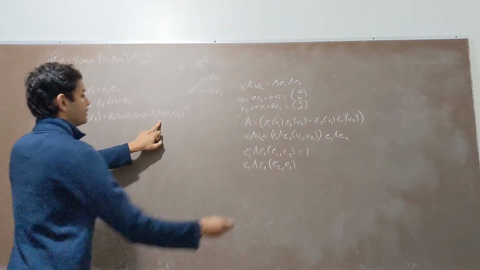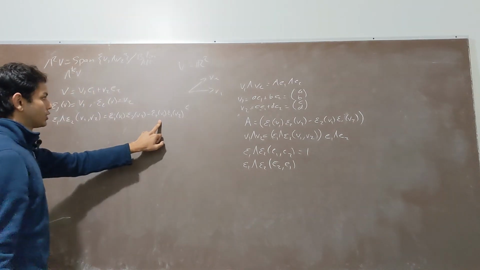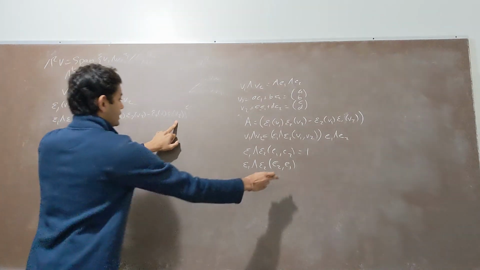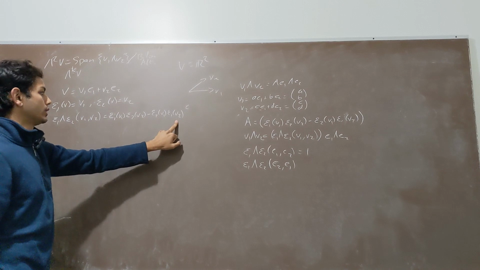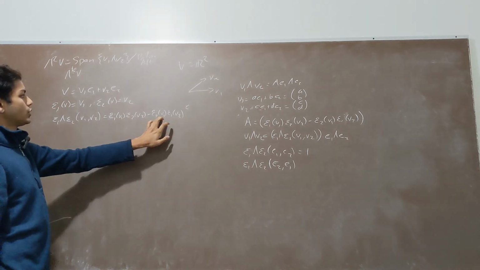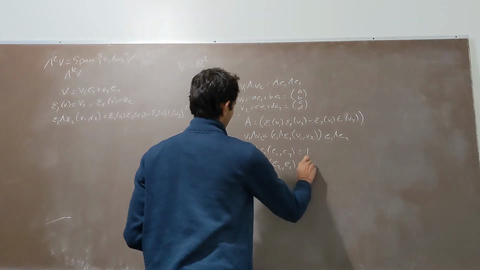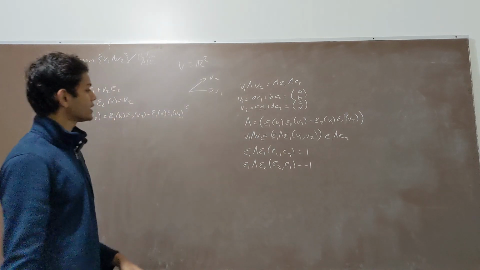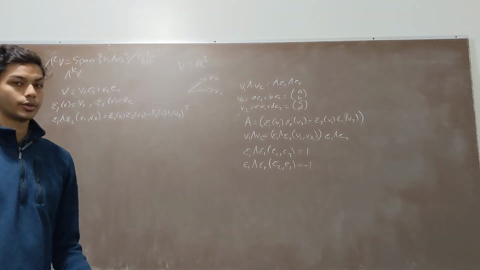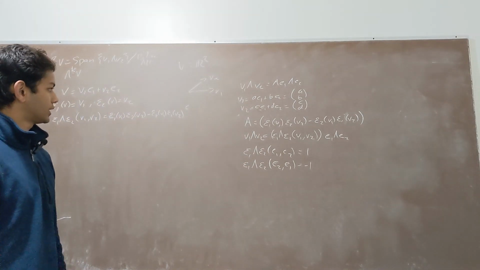But here we have an E2 in the first component, and so we get a 1 here. And we have an E1 in the second component, and so we get a 1 here. And so this becomes 0 minus 1 times 1. And so this indeed does give us -1. So this is nice because this function not only encodes area, but also encodes the orientation that we've been dealing